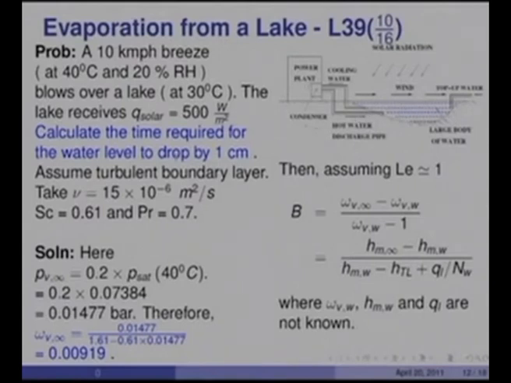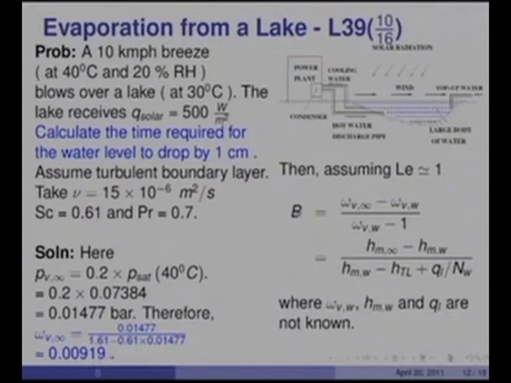So, you are told to assume a turbulent boundary layer throughout, and take kinematic viscosity equal to 15 into 10 raised to minus 6, Schmidt number equal to 0.67 and Prandtl equal to 0.7. In this case, corresponding to 40 degrees centigrade and 20% RH, we would evaluate P_V infinity equal to 0.2 into the saturation pressure, which is 0.07384 bar, and that will give us 0.01477 bar,